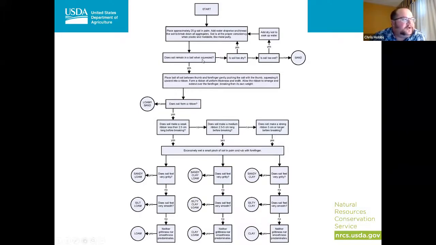So if you start with this chart, you have your soil, and you ask yourself, does the soil remain in a ball when it is squeezed? If not, is it too dry? Have you worked it into a Play-Doh yet? And if you have, it's probably a sand if it won't stick together at all. But if you work your texture sample up and it does stick together, you can continue on